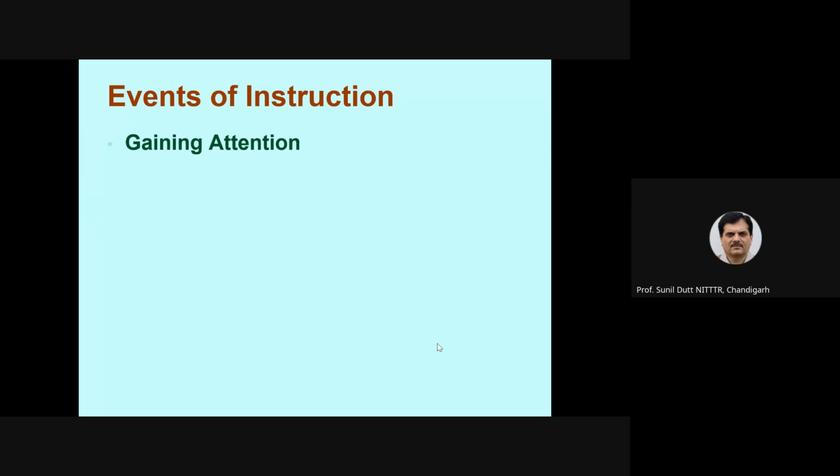Oral-visual switching. Oral involves the sense of hearing, visual involves the sense of sight. You have spoken a few words, now go to the board and write the important line, or you can show the PPT. So the sense of sight and sense of hearing both are involved. And then maintain eye contact with each and every student sitting in the classroom. So gaining attention should be throughout the lecture.